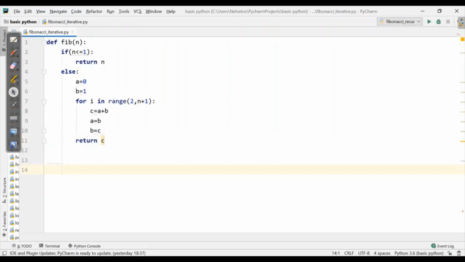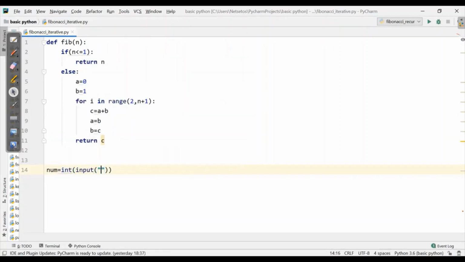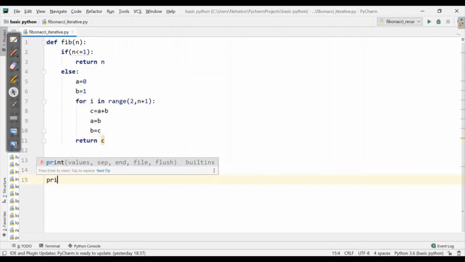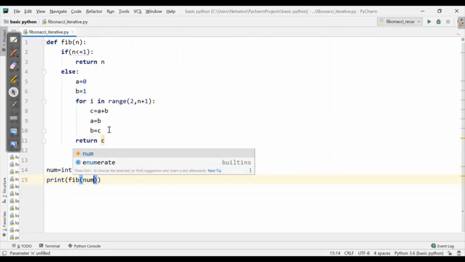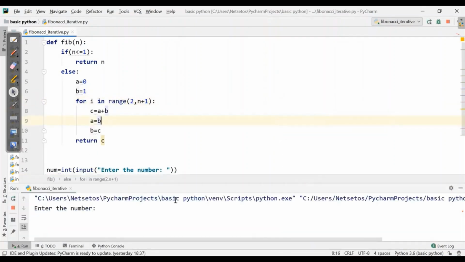Now the next step is we will ask the user to enter a number, which will be, let's say, num is equal to int input, enter the number. Then we will call the function by print fib num. Now we will run the program. It's asking for a number.